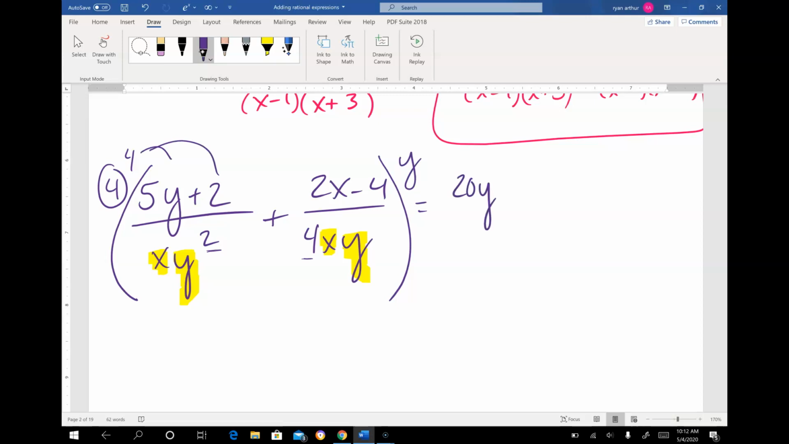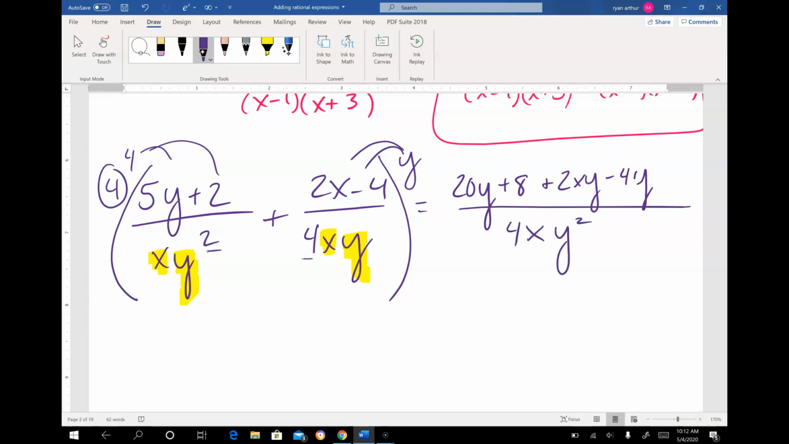I'm going to go ahead and make it one big fraction, okay? So we can start getting rid of steps sometimes. So that's 20y plus 8 plus distribute the y, 2xy minus 4y, all over where our common denominator is every part. Well, every part is 4. They both have an x, and then it's a y squared. Okay? Clean it up. I can combine the 20y and the negative 4y, and I get 16y plus 2xy plus